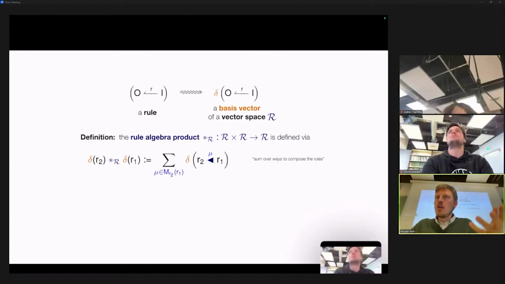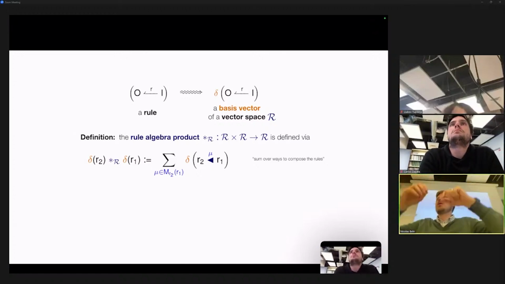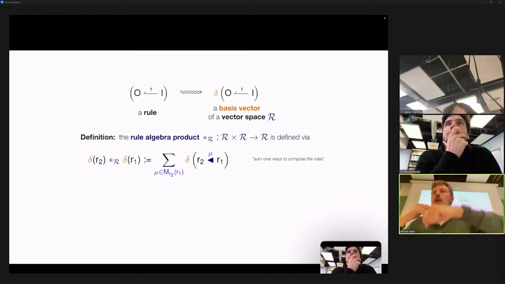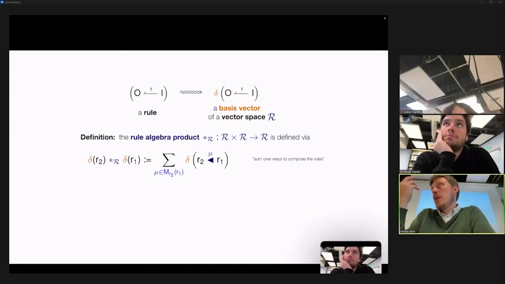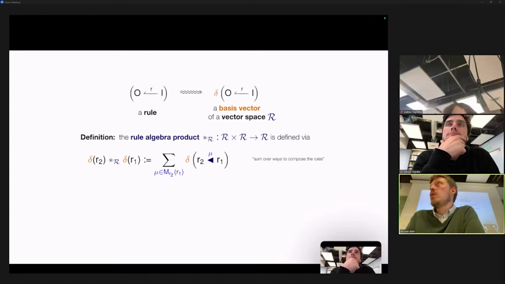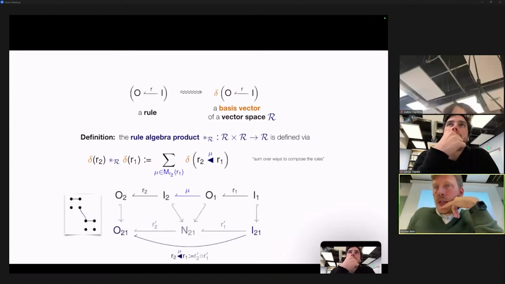You pick a partial overlap, morally, and then you evaluate essentially what's the net effect. Once you have partially overlapped, you get a composite rule, right? So you can use that operation to define a binary operation. So you have a vector space with now a certain binary operation on it, which I call the rule algebra product. And it does on basis vectors, again indexed by isomorphism classes, exactly the sum of all ways to wire together and then evaluating. Now that produces non-negative integer coefficients often, because there might be two different wirings that can produce the same composite rule. But that's how it is.